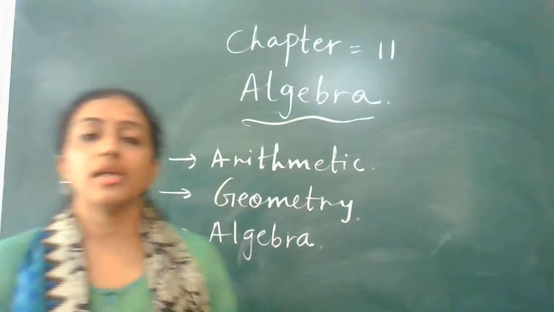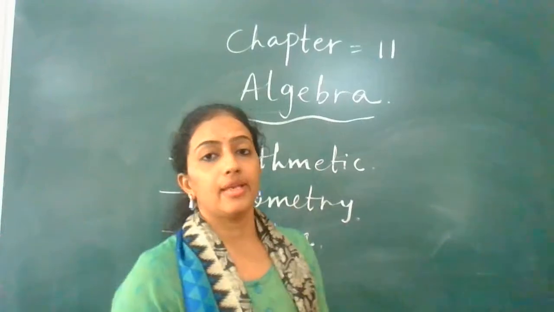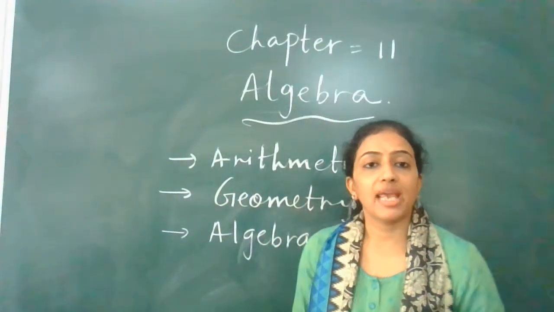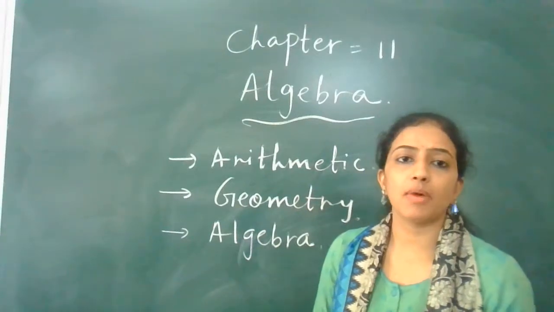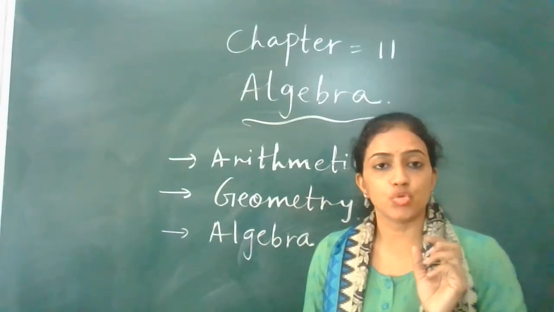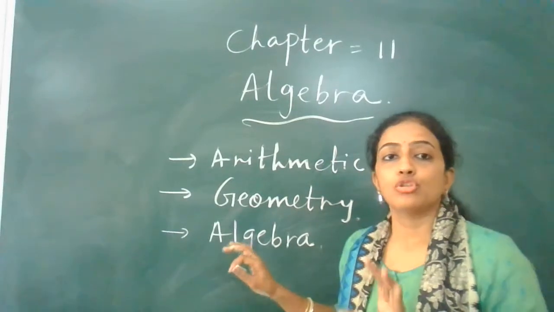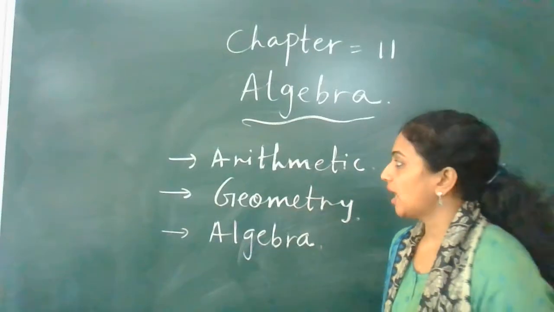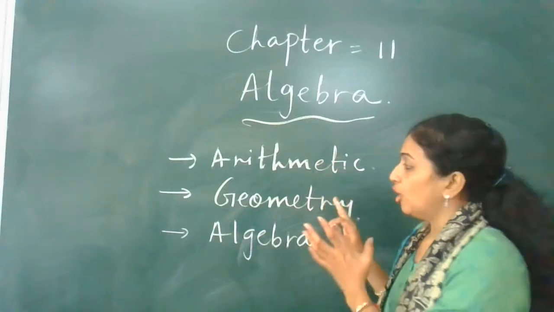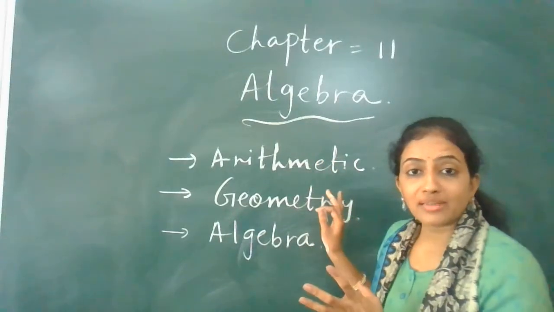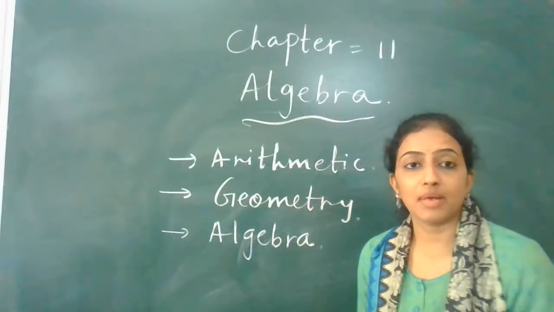Okay, so algebra is not a particular chapter. What you are studying in Form 6, it's a kind of ABCD of algebra. You are learning very basic things about algebra, and it is very interesting and useful also in your day-to-day life. So, what I mean to say is, arithmetic is a different branch of mathematics. Geometry is another branch of mathematics, and algebra is a separate branch of mathematics.